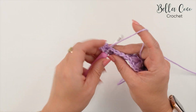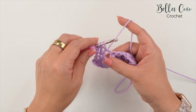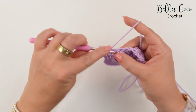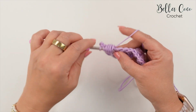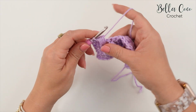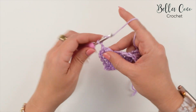So that's yarn over, insert, yarn over, and pull up a loop. And then we'll do that 4 more times. 1, 2, 3, and 4. Yarn over, pull through the 10 loops, and then yarn over, pull through 2 loops, chain 2, and